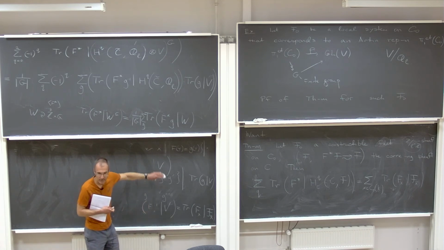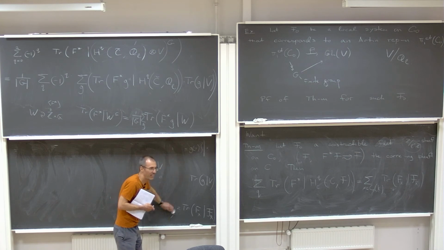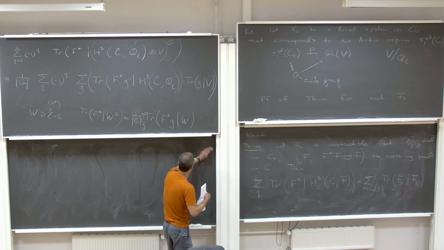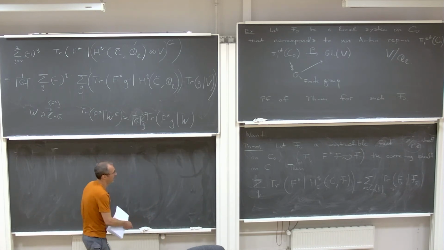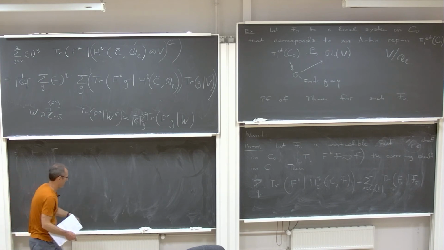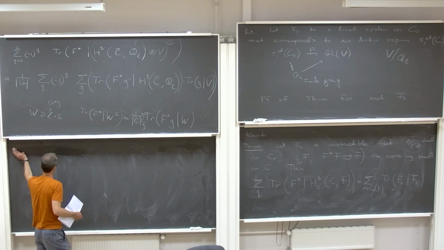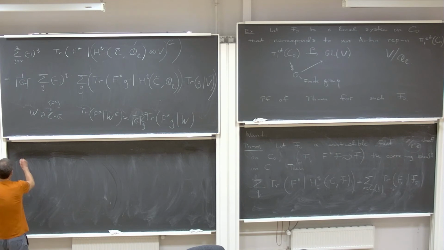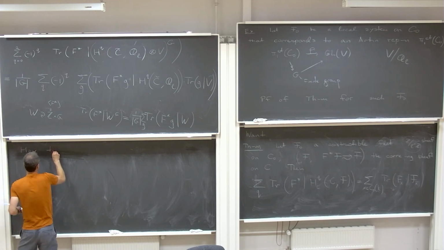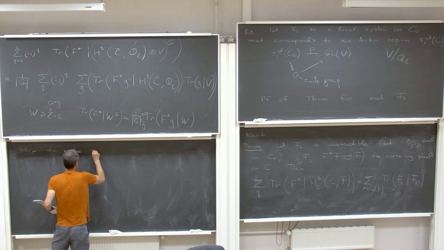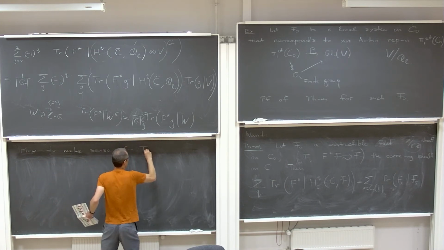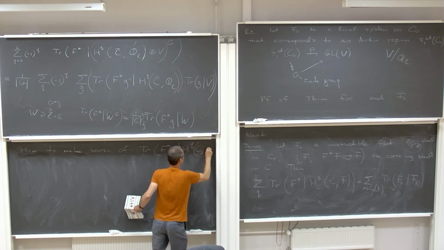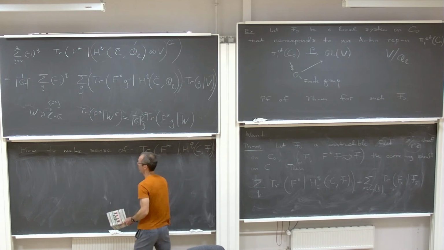How would you make sense of that? Well, the idea is the following. So how to make sense of the trace of the Frobenius on cohomology, H^q of C with coefficients in F. Well, the idea is